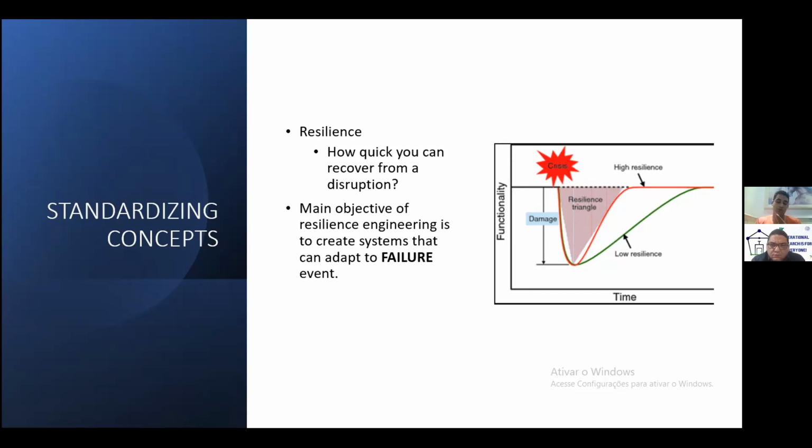In other words, when we study resilience engineering, we want to prepare systems for the event of failure, which didn't happen much in Safety-2 and didn't happen at all in Safety-1. In Safety-2, we want to prevent accidents from occurring. But when the resilience concept enters into play, we throw resilience into Safety-2, and we understand that failures can happen, and we need to be prepared for that.